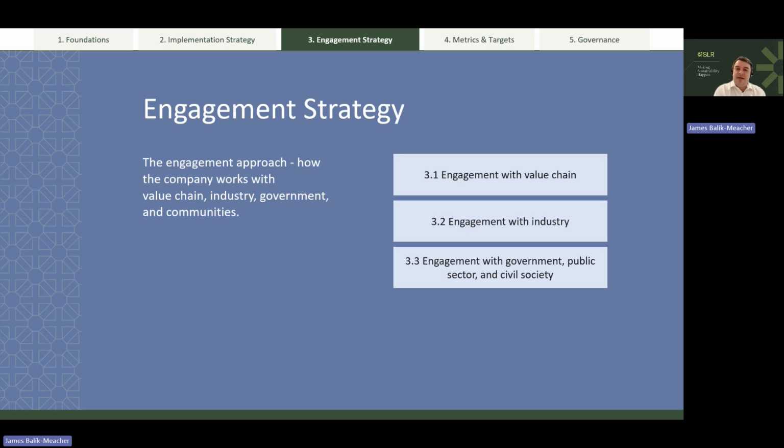That might be within your direct value chain, so with your suppliers or with your customers. It could be more broadly within your industry. And I think this is especially important in some of those hard to abate industries where you maybe have fundamental technological problems that you're trying to solve. Aviation comes to mind, but there are obviously others. And then broader engagement with the government, with the public sector, with your customers or consumers or broader society as well. All of these things are really important in terms of setting up what you need to be true and communicating what you're doing about managing those externalities.